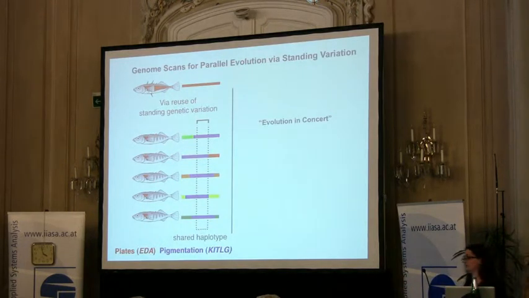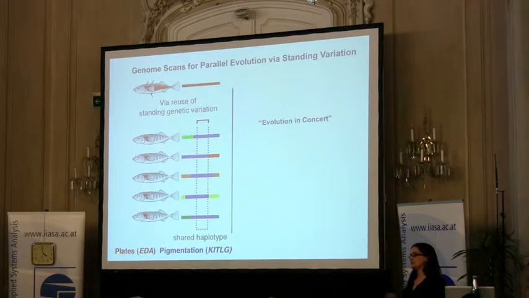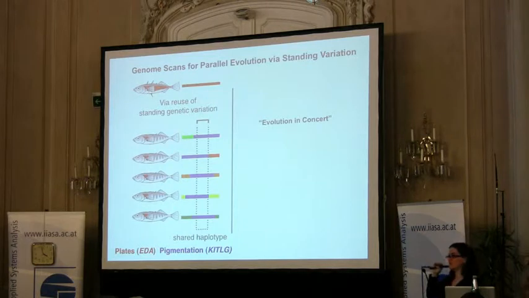To put this into context of Kirsten's talk yesterday, she described parallel evolution in 4 different categories, and this pattern of reuse of standing genetic variation that we see here would fit into her evolution in concert category, where we have effectively, on a species level, balancing selection. The repeated fixation of an adaptive allele in these populations is occurring because the allele is at low frequency in the marine population. It's been repeatedly swept to high frequency in these populations.